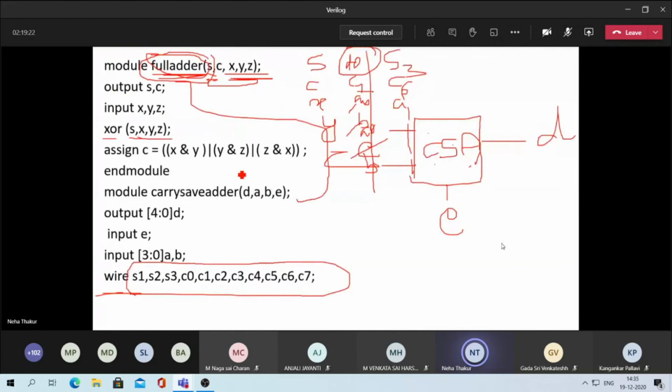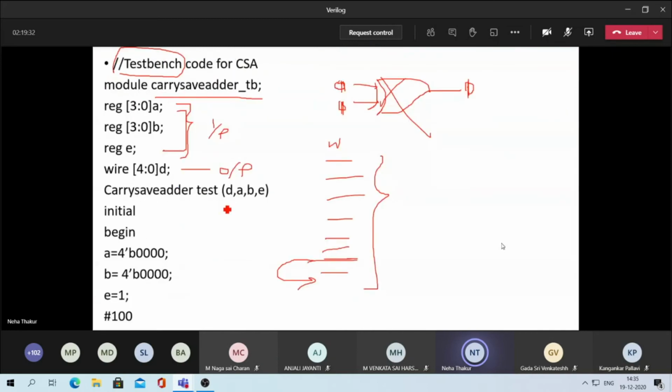Here you have written input [3:0] A, B, input E, and one output [4:0] D. So here also 3 inputs: reg [3:0] A, reg [3:0] B, or you can write it in the same line, A comma B and then semicolon, both are the same. Then reg E, wire [4:0] D. You cannot write E along with it.